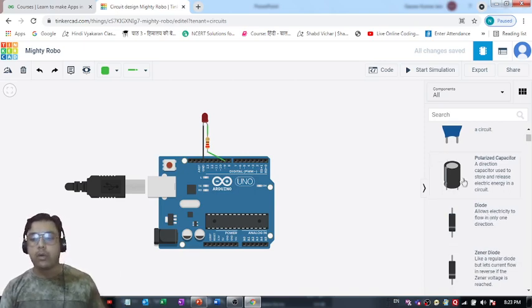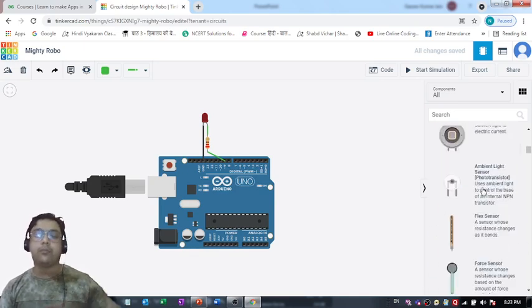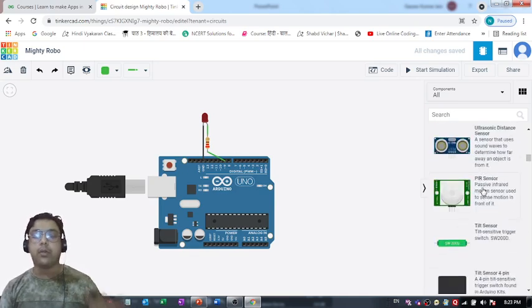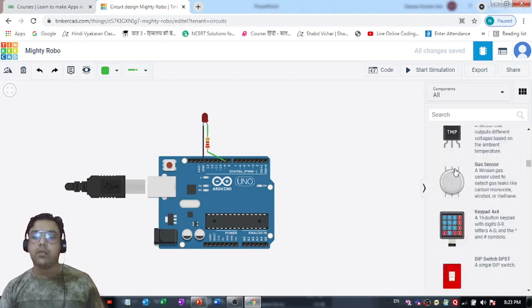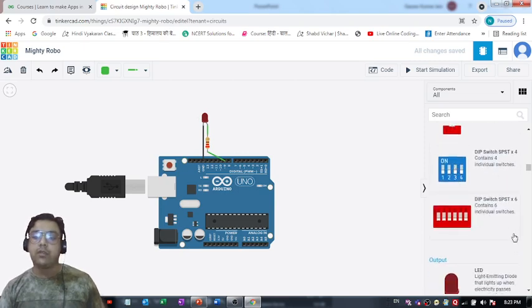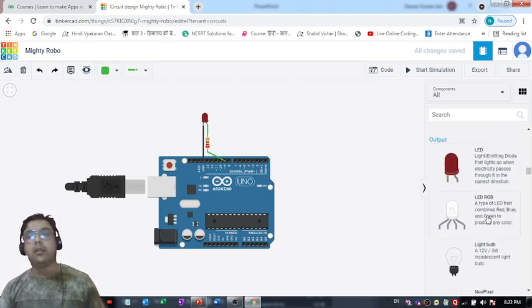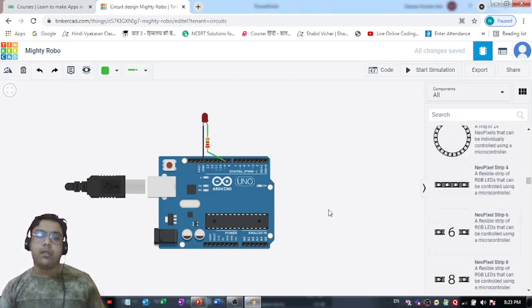If you don't know about this polarized capacitor, it's a directional capacitor used to store and release electric energy in a circuit, right? So we have the description for each and every electronic component present on this beautiful virtual environment, with the help of which we can create virtual circuits, right? And with the help of these descriptions, you can very well understand how you can use these electrical components, right?